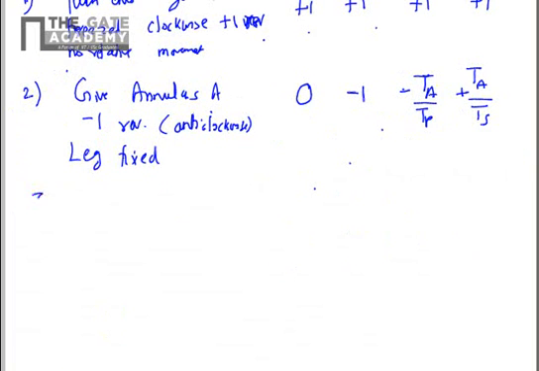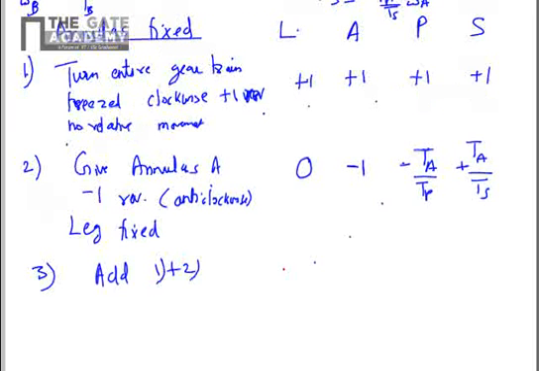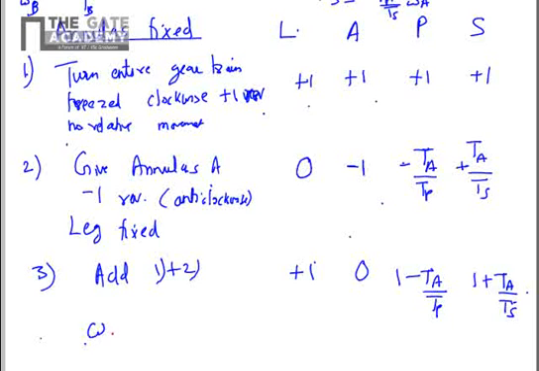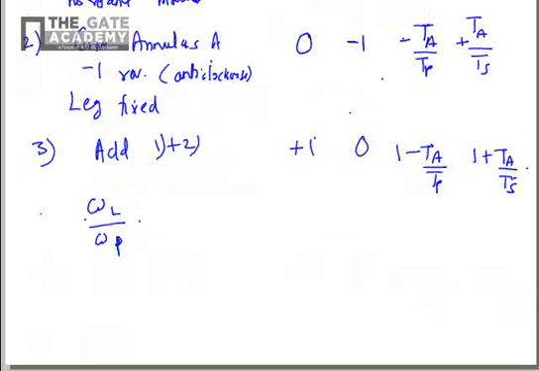And the third step now is to add step 1 and 2. So we get +1 revolution for the leg, 0 revolution for the annulus, so we wanted to keep the annulus fixed. 1 minus Ta by Tp revolution of the planet, and 1 plus Ta by Ts revolution of the sun. So now we can get the ratio of all the velocities in the system when the annulus is fixed. So if you want omega L by omega P, let's say, for one revolution of leg, how much the planet here moves, you can get it